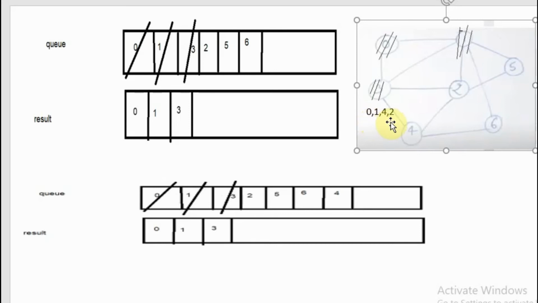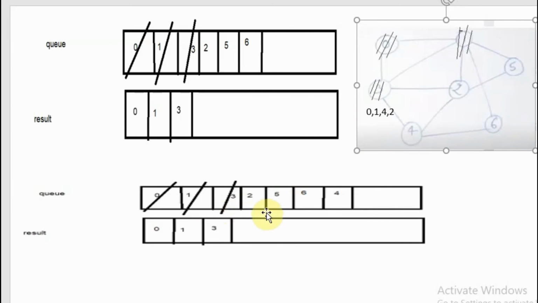What about 4? It is not taken yet, so 4 is inserted after 6. Then what about 2? 2 is already in the queue, no need of taking that. So our queue will be like this.